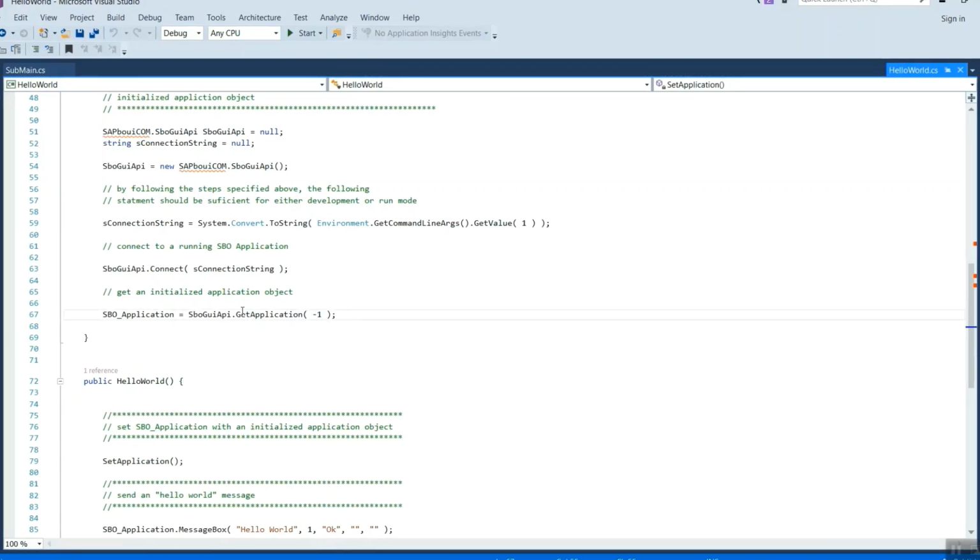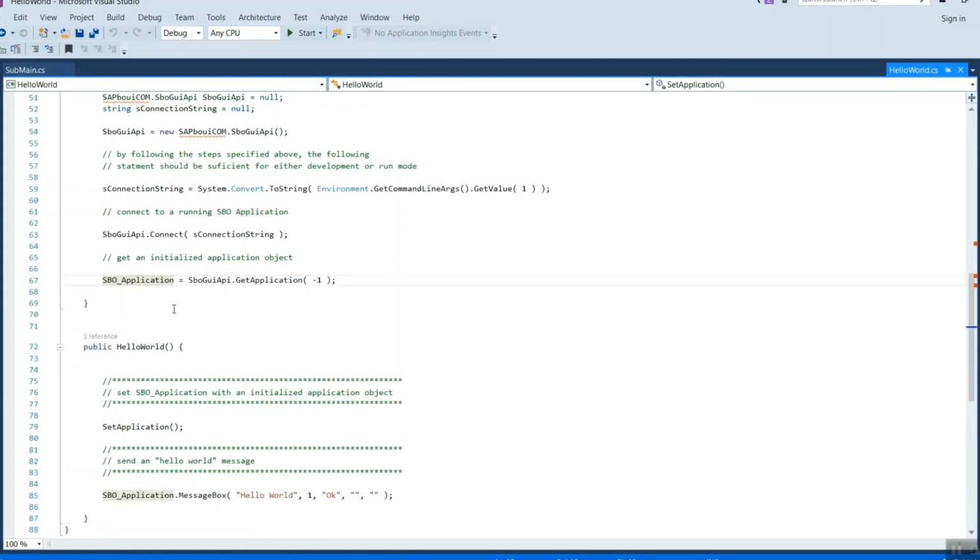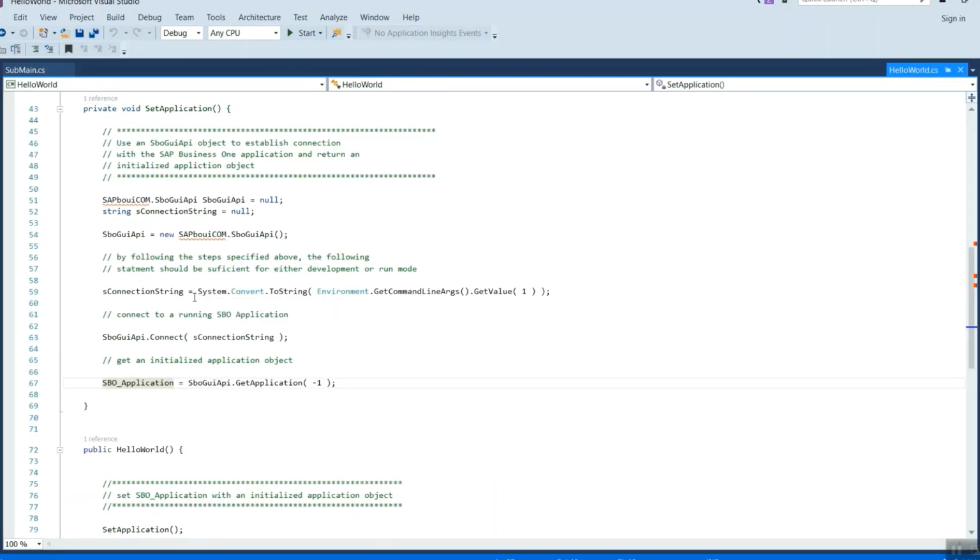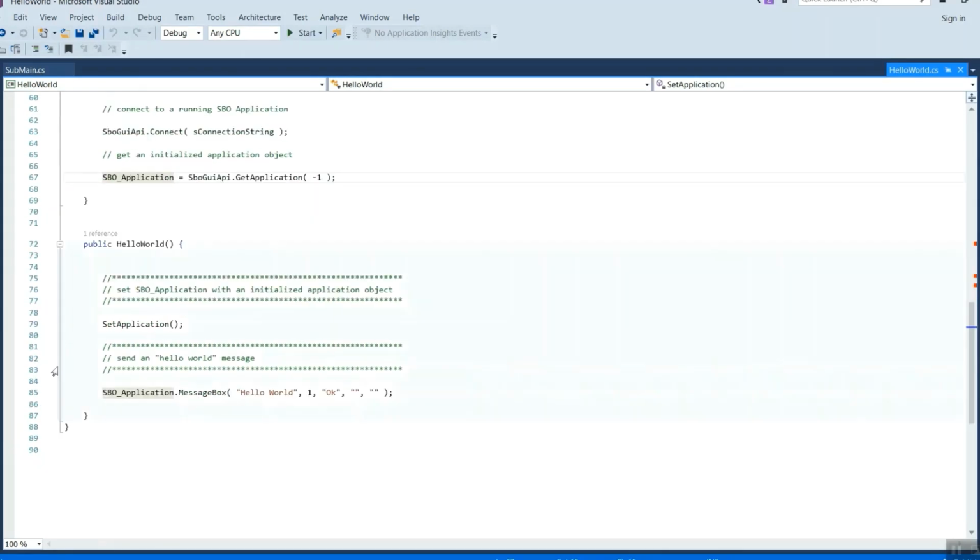This returns the SBO application object, so we hold it in this variable, and now this function is closed. So let's move back to the constructor part, and we have completed this.